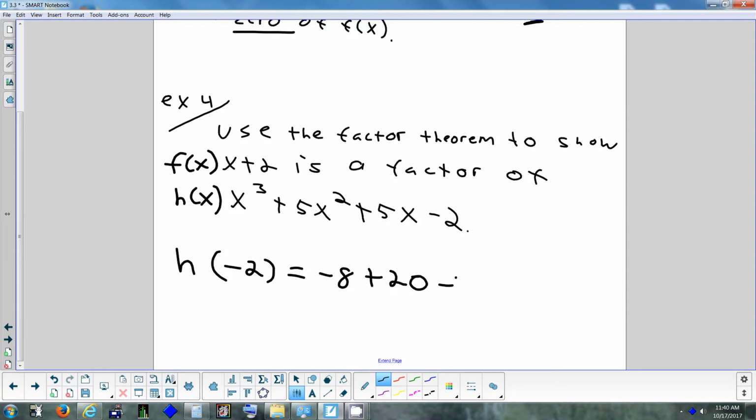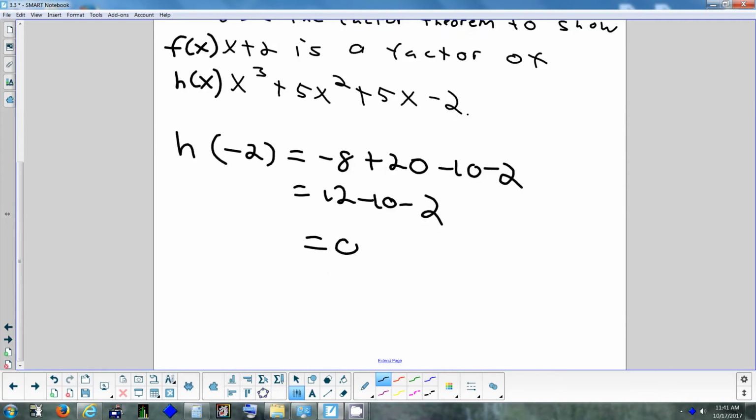You get -10. David, what's -8 plus 20? 12. Yep, 12. And now I think we can tell what's 12 minus 10? 2 minus 2 more? 0. And what is that 0? That's my